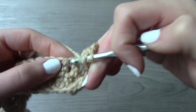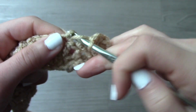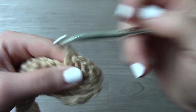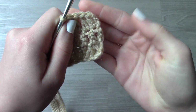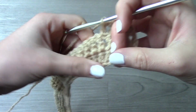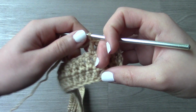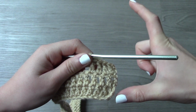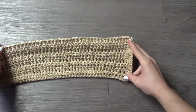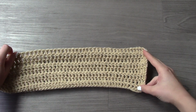So again, the 2 chains at the end of the row are very important, as well as making sure that you go into the very last stitch of every single row. Otherwise your ends are not going to be even. You see how it's nice and square? It's not going to look like that if you skip the last stitch or if you don't chain 2 at the end of each row. So just continue with that pattern until your project grows larger and larger by making a bunch of rows,